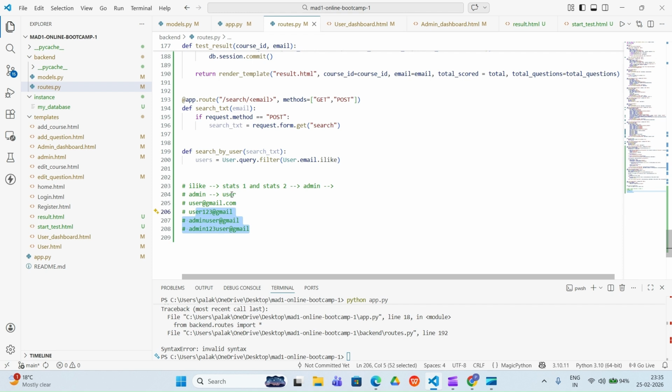And let's say if admin will search for admin, then what happens? If admin searches only "admin", then what emails will come? If I double click on it, what happened? These two emails that contain the admin part will be the only ones rendered. Okay, now I will show it in the later part.